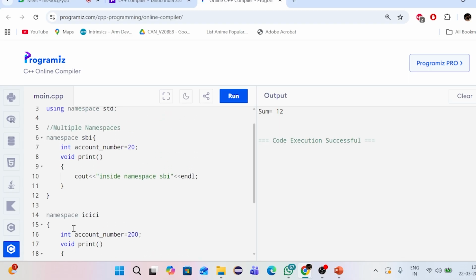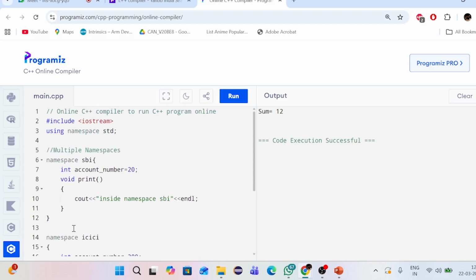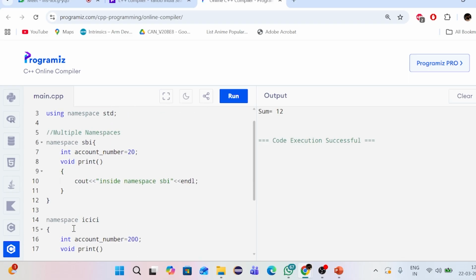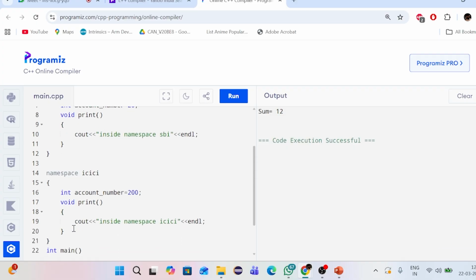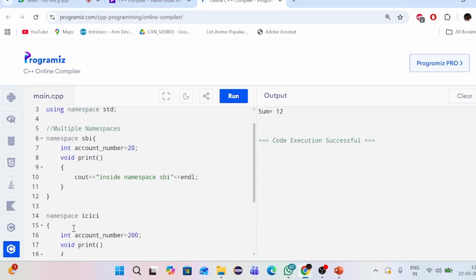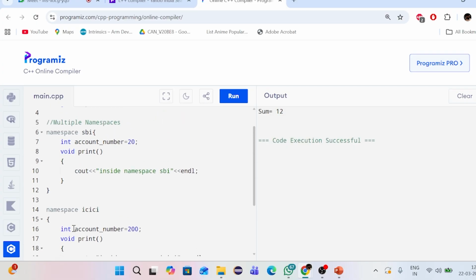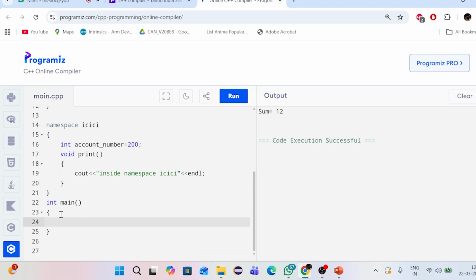Suppose you want, I have told you two methods. First is using namespace std, and another is the scope resolution operator. Mostly people use the scope resolution operator because if we use both of them, for example SBI is there and ICICI is there, and I write using